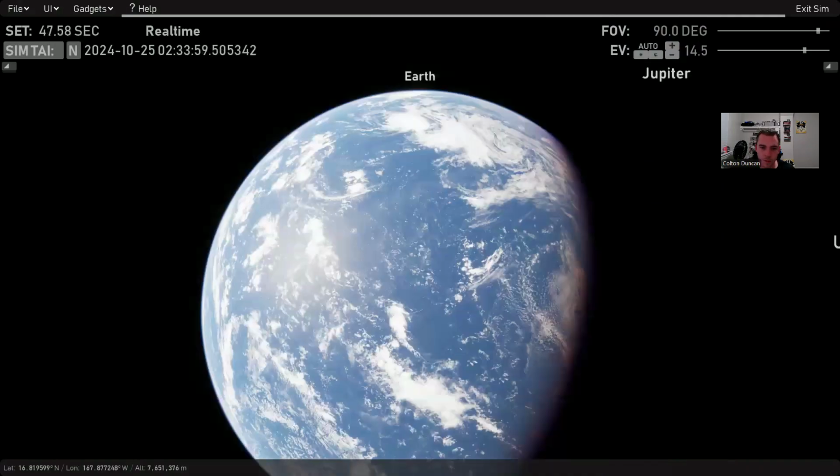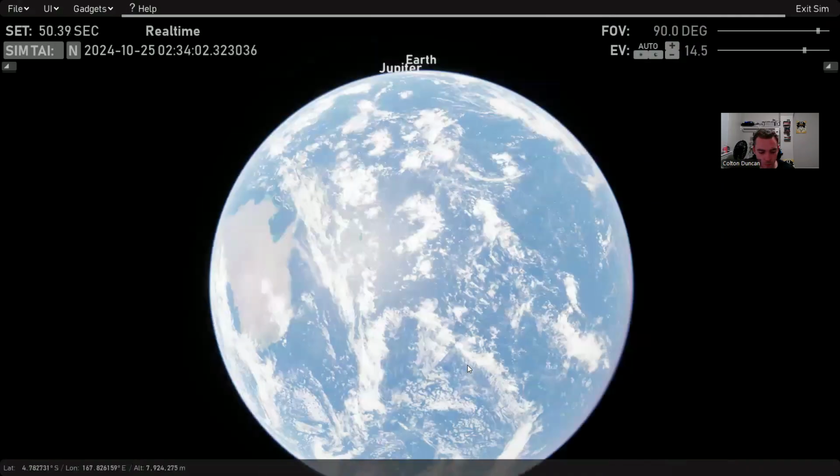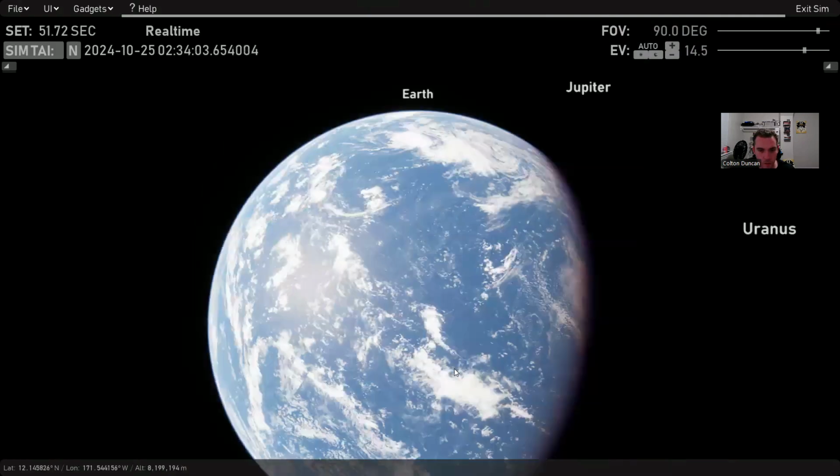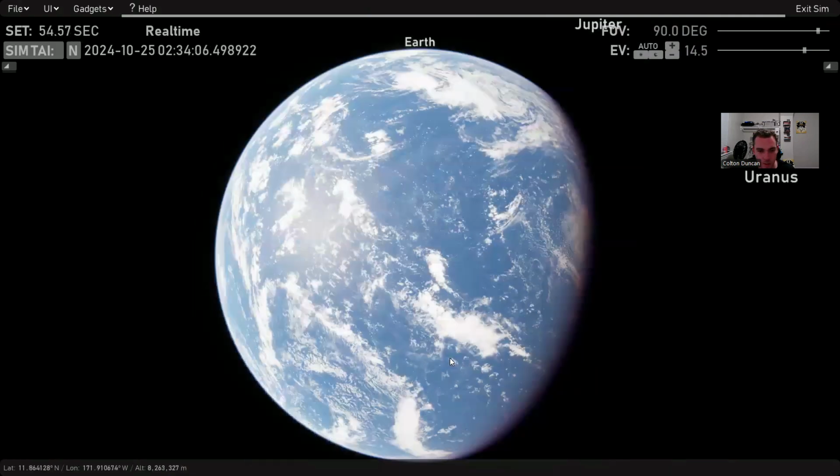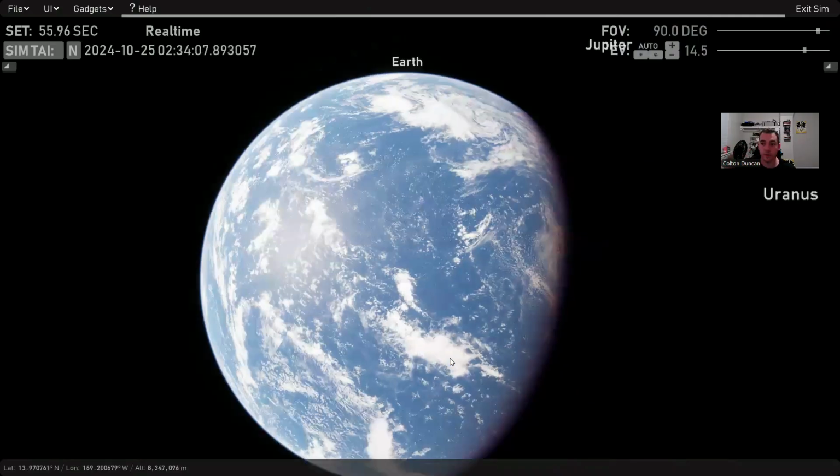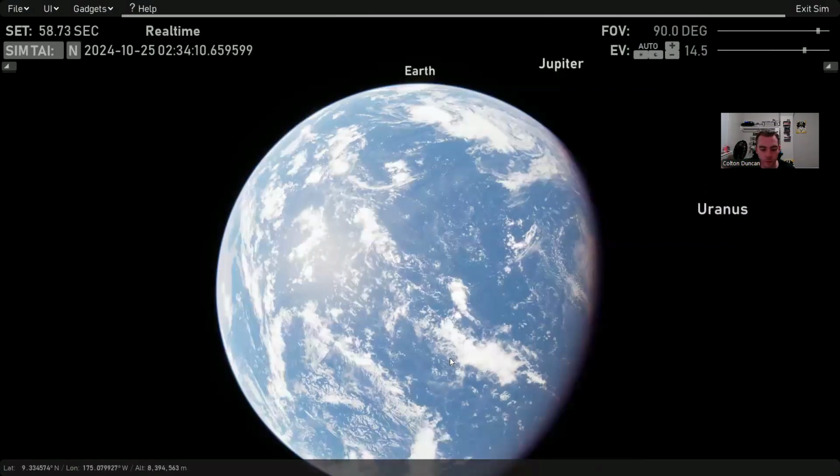I'm moving around with WASD. And because I am close enough to Earth, I am in its reference frame. And so A and D are just moving me around in orbit around the Earth. If I move far enough away,